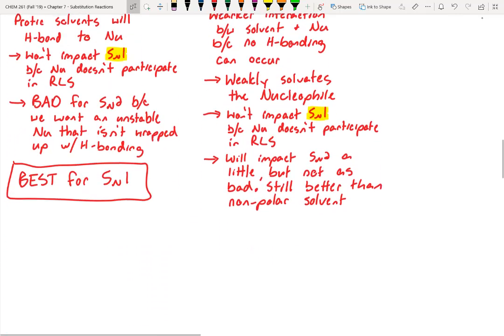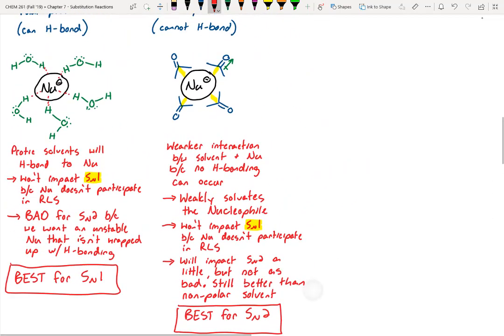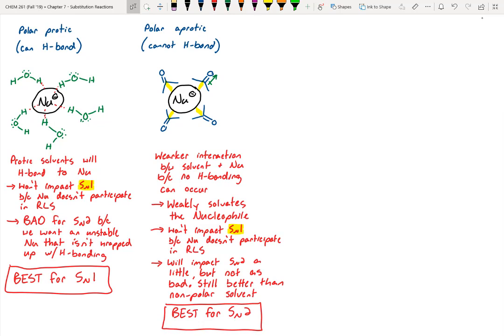So down here we would say this is best for SN2. Why wouldn't we use a polar aprotic solvent for SN1? Does anybody have an argument for that? Polar protic is better. Yeah, polar protic, we said, is better because it's more polar, right? Polar protic is a lot more polar than polar aprotic because it can H bond, right? So it's going to be best for SN1 because it will stabilize the transition state. All right, does that make sense? I know this is kind of a little conceptually challenging. All right,